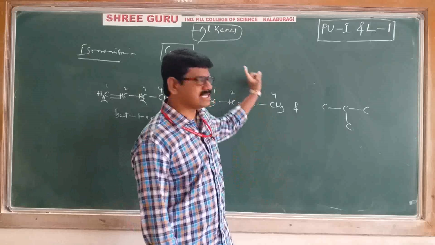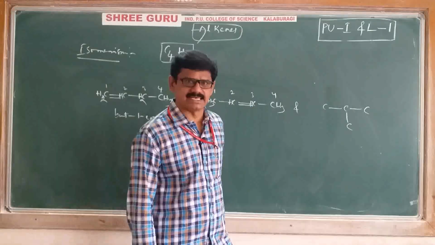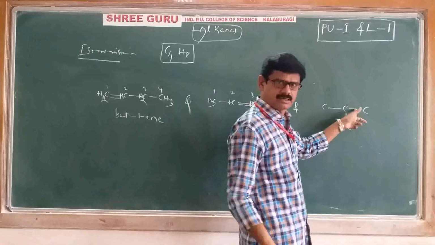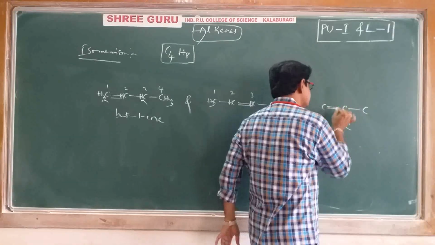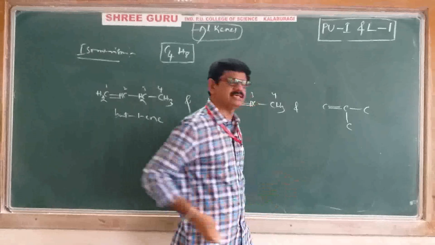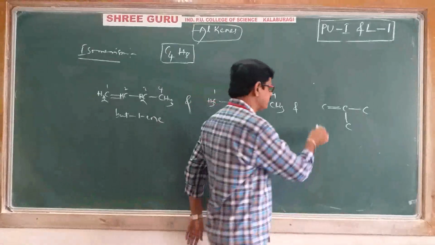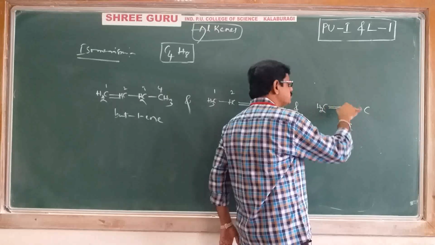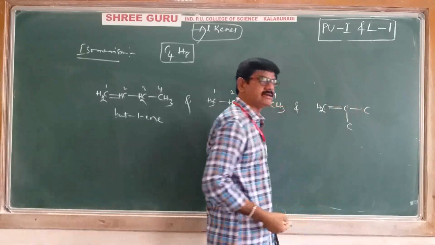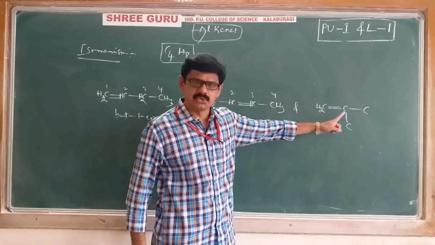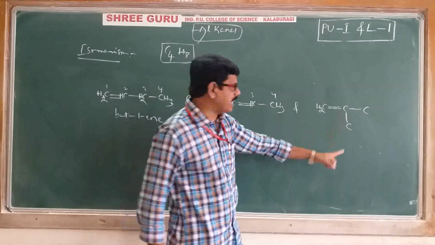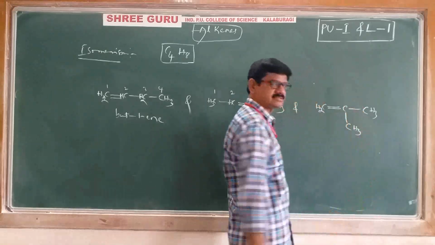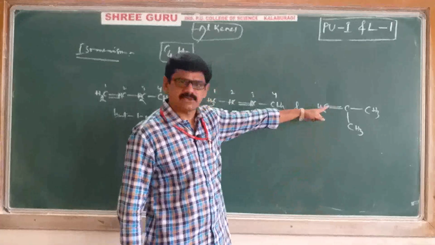Then, alkene means at least one double bond is definitely needed, so that double bond you can write here or there, anywhere. Okay, we'll write it here. Then the remaining valencies will be satisfied with hydrogens. Therefore, we'll write CH2 here. And this carbon already has 4 bonds, so there is no need to write any hydrogen. And here CH3, here again CH3. That's it. Now we'll write its IUPAC name.